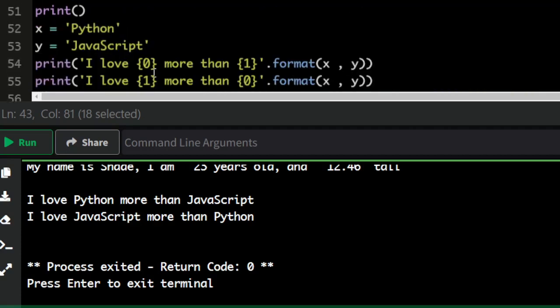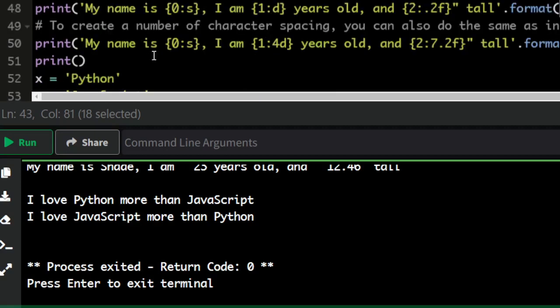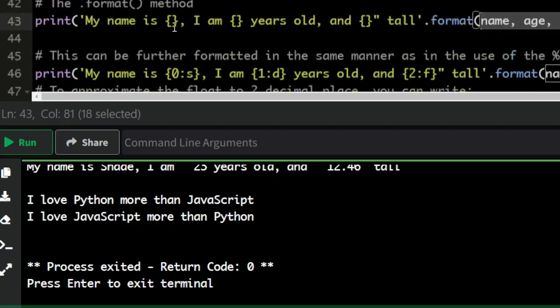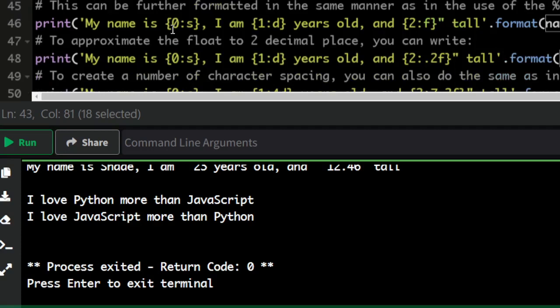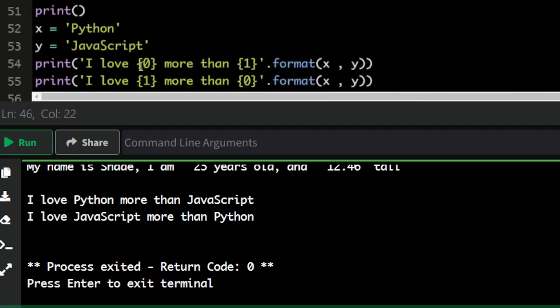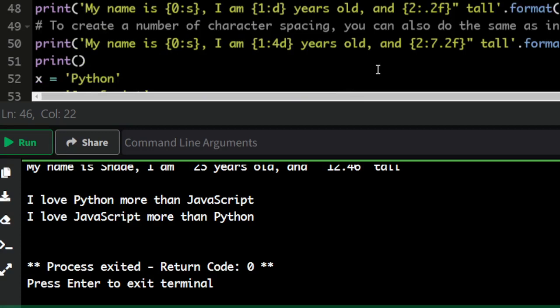This example also shows you that you can use ordinary position. Like the first example that we did here, we used ordinary empty braces, no position, no formatting. But in this example, we use position and formatting. Now in this example here, we use position alone. And in another example, you can also use formatting alone. It will still work. For instance, if I pick up this one, let me say,